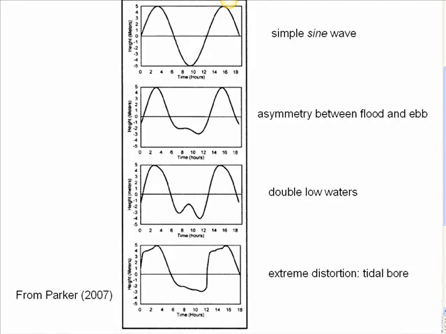How does it get modified? Well, first of all, it goes into shallower waters. So what happens to the phase speed? It decreases. So if the phase speed decreases, why does it decrease? Because of the square root of GH. It travels at the square root of GH. So if the speed decreases, what happens to the wavelength of the tidal wave? It also decreases. So it gets deformed right there, but that's not the main